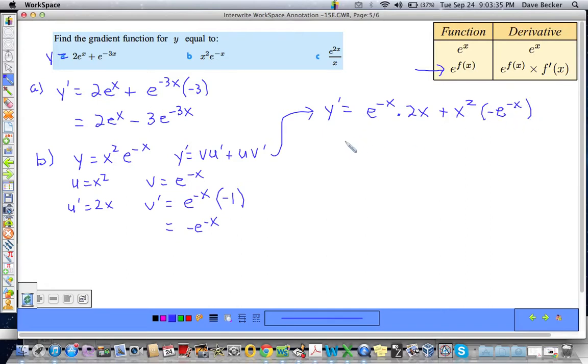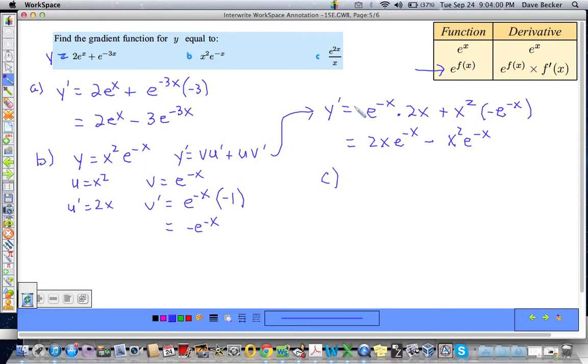So if we clean it up just a little bit, we finally get 2x e to the negative x. This is going to be minus, let's see, e to the negative x. Well, no, we have our squareds first there, so I'm just putting this minus out front. So minus x squared e to the negative x. Okay, and then finally c,